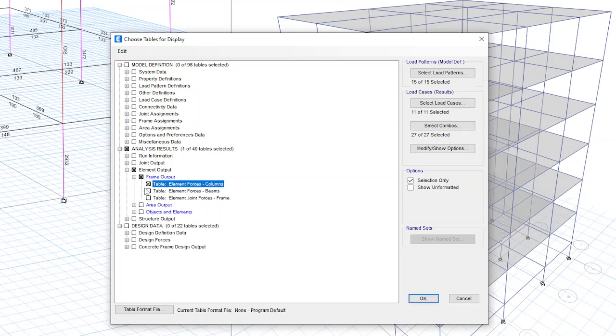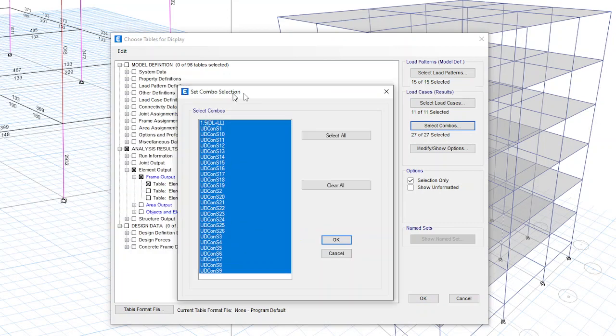Select columns, and then frame output. If you want a specific combination only, go to select combos and select which combination you need to extract the force for.